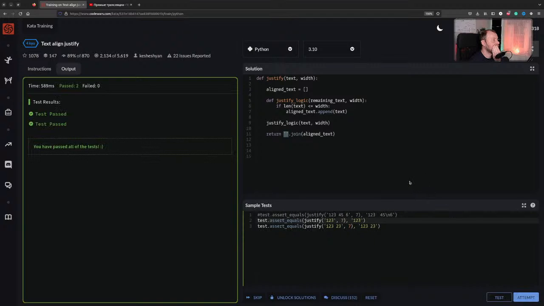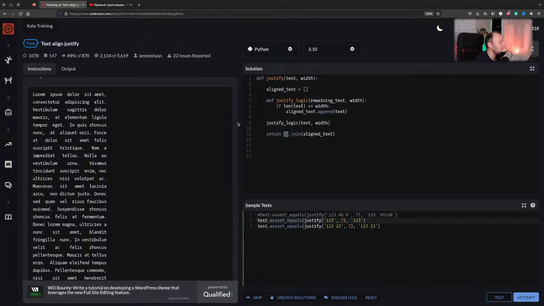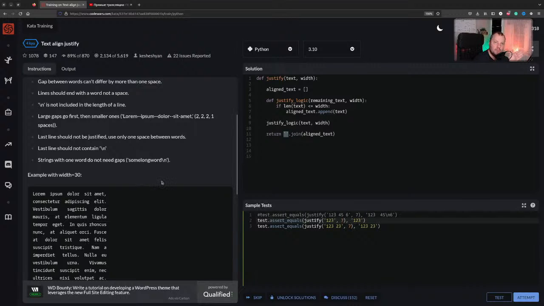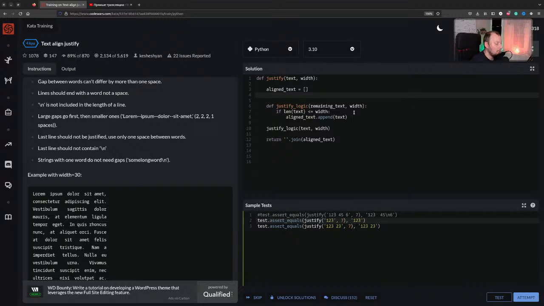Okay, test. Still passing. That's a good sign. Okay, so what I think I'm going to do here, I need to go through my text and I need to find the number of words. So essentially I will need to go word by word, and it will probably be easier for me to break the words into a list again. So let's say I need to change this to a list. So remaining text, that's gonna be a list now. It's text split,